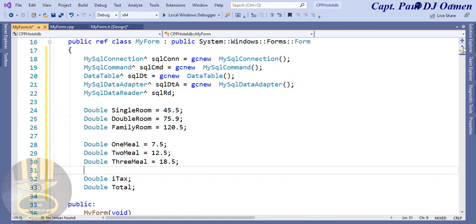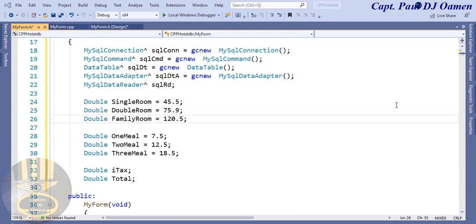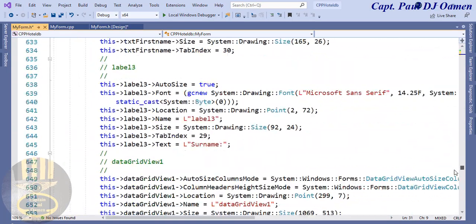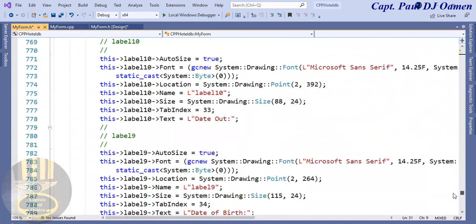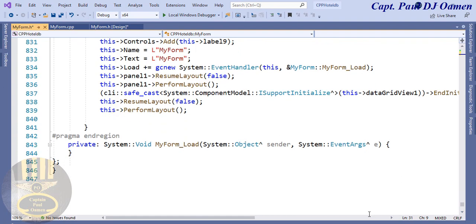Right underneath the name of my form here is called my form. Okay, so let's get this connected. Okay, just one quick thing. Let's get that sorted anyway. Since all of this is done, right underneath all of the component declaration, there they are. I'm going to go right down here. Those were all officially generated by C++. I'm going to come right down here, right underneath here. Yeah, that's fine. So the choice is yours, but I'm going to create my function right above the